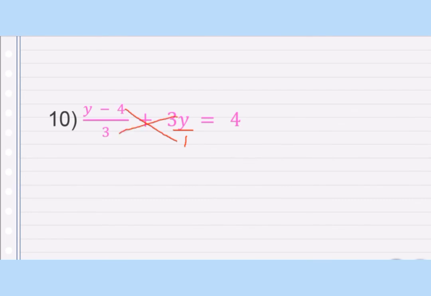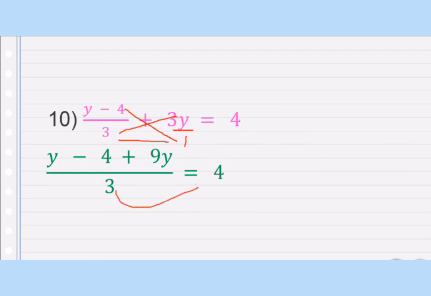So y minus 4 multiplied by 1 and 3 multiplied by 3y. Okay, and here 3 ones are 3. So we can write it like this: bracket y minus 4 plus 3 bracket 3y, is equal to 4, and the denominator is 3. So y minus 4 plus 9y upon 3, because 3 3s are 9. Now here we'll again do cross multiplication, because 4 has no number beneath it, that means there is an invisible 1 in the place of the denominator of 4. Okay, so 4 ones are 4.